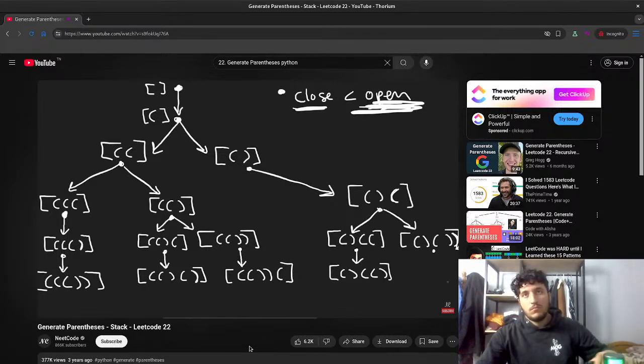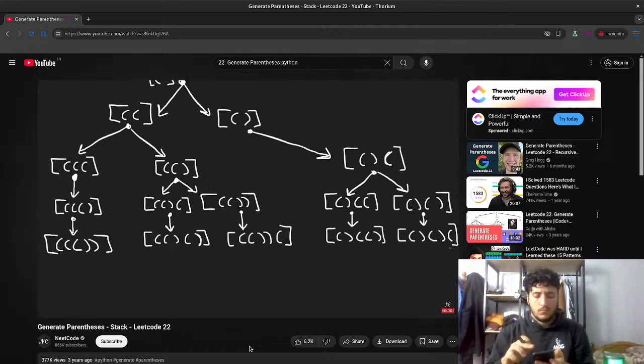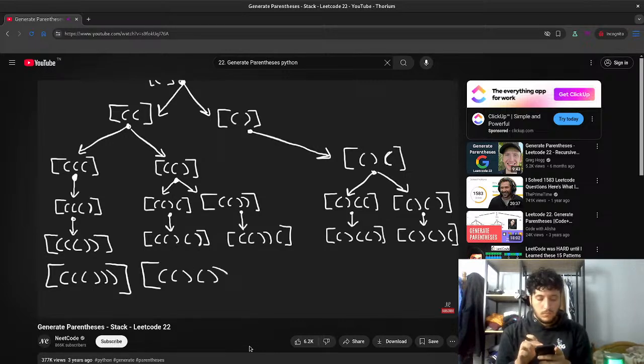Which we can't do. And so at this point, for each of these 5, we only need to add a single more parenthesis, and since this has 3 open and 2 closed, we know that we need 3 of each, so the only thing we can do is add another closing parenthesis to it, right? So this is going to be one possible solution because now we actually have 3 of each, which is what we wanted. For this one, we have 3 open and 2 closed, so lastly we are going to add another closing parenthesis. And you might notice that's what we're going to do for each of these, right? Because each of these now has 3 open and 2 closed, so all we need to do is add another